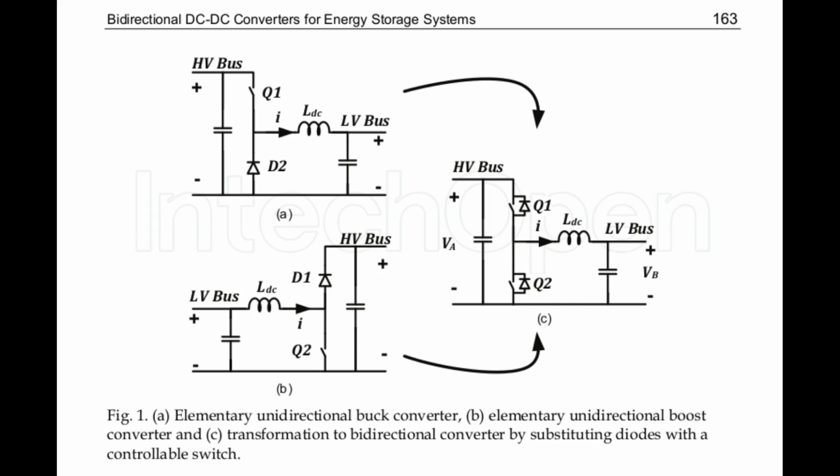When we are transferring power from the low voltage DC bus to the high voltage DC bus, switch Q2 will be operating and Q1 will be off, and the diode across Q1 will be conducting, as a boost converter. So if you look from left to right, it's a buck converter. From right to left, it's a boost converter. By bucking, power can be transferred from the high voltage bus to the low voltage bus. By boosting, power can be transferred from low voltage to the high voltage bus. So power is exchanged in both directions, right to left and left to right.